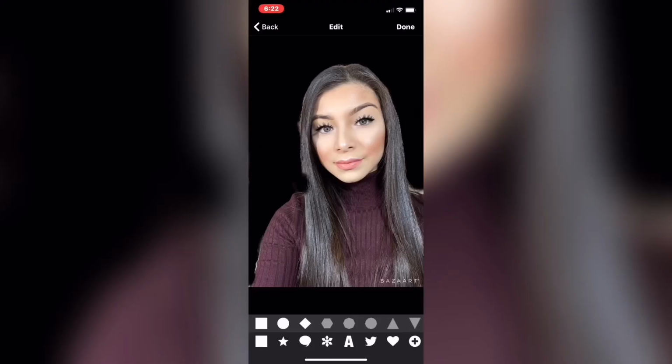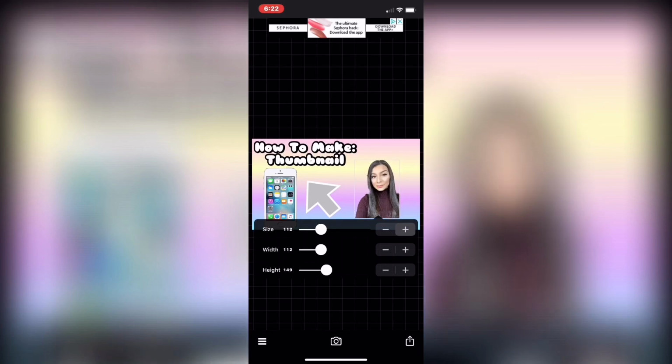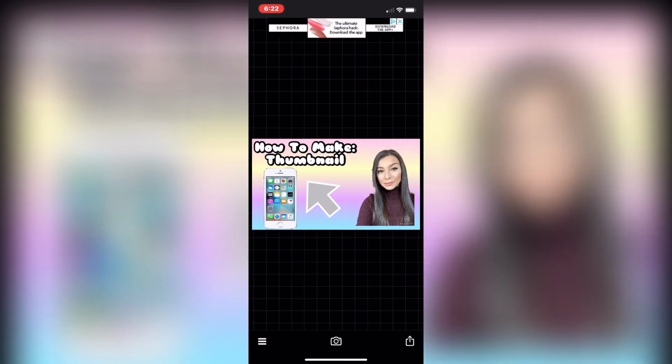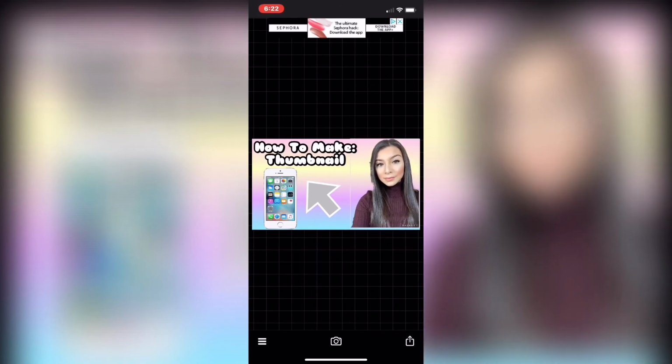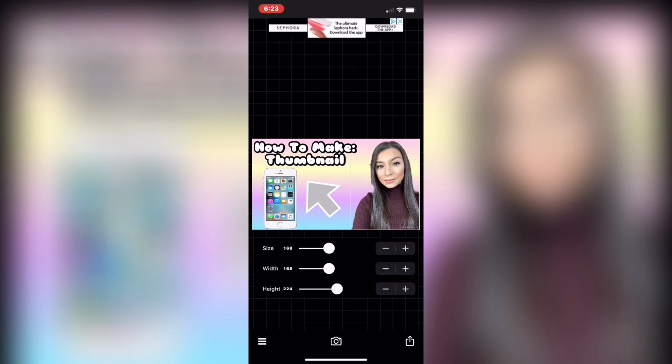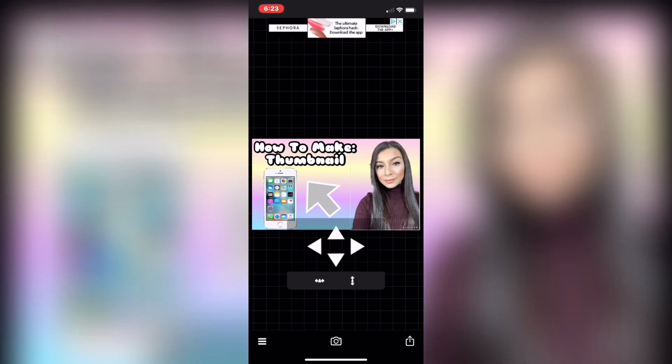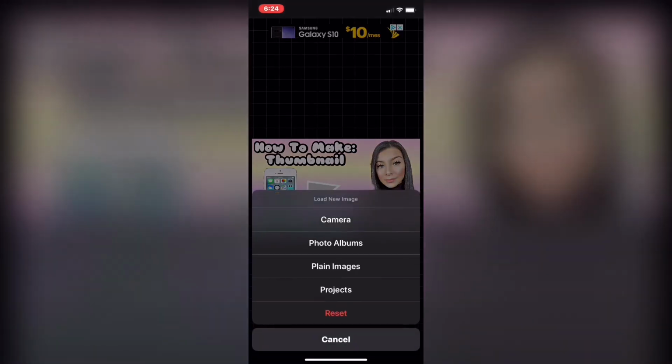And then I'm gonna add a picture of myself, which is already cropped and everything. And then I'm gonna add it to my background. And then of course I'm gonna adjust the size, make it a little bit bigger so it can blend in with the background and so it can look much better. So I'm gonna adjust the size and move it a little bit upwards to the left, mostly to the right. And then I'm gonna save the image